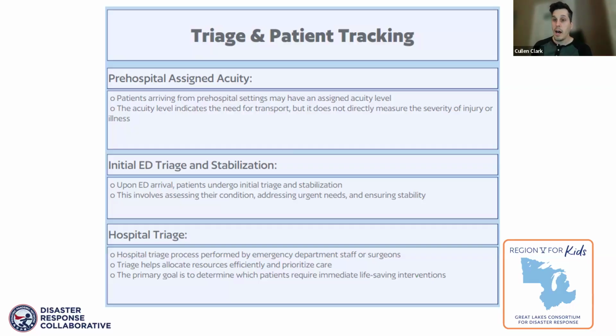Third, the hospital's capability and capacity changes as patients go to the OR or more help arrives. And being placed in triage really limits that leader's ability to know of the changes in the hospital's capacity and capability. Fourth, the ED physician knows who needs immediate resuscitation and has insight on what they may require if they